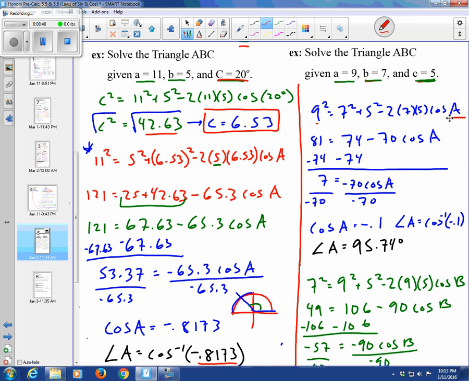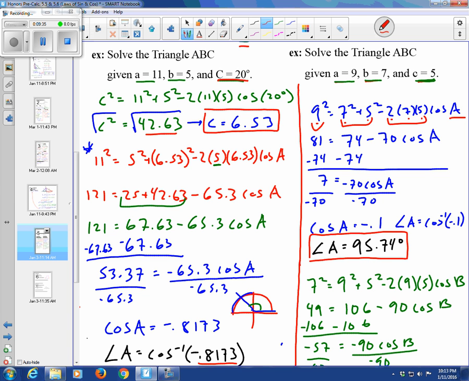We'd say that side A squared equals side B squared plus side C squared minus 2 times B times C cosine of A. I like to solve for these numbers, right? The A squared and then the sum of B squared and C squared, and then basically the coefficient 2 times 7 times 5. That gives me 81 equals 74 minus 70 cosine of A. Subtract 74 from both sides, and then divide by negative 70, and we get cosine of A equals negative 0.1. And then apply inverse cosine to both sides, and we get angle A as being